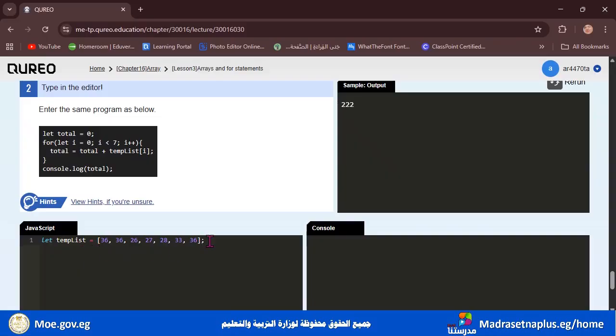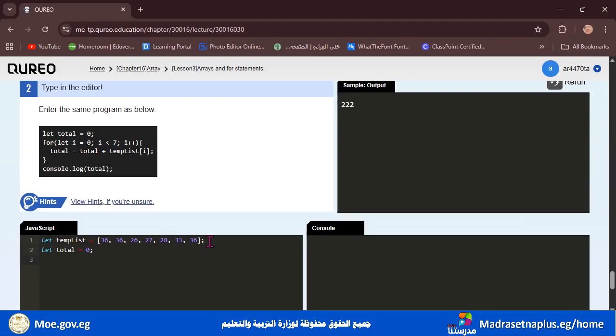So let's write the rest of the program. So we write let total equal 0. And we have a semicolon.